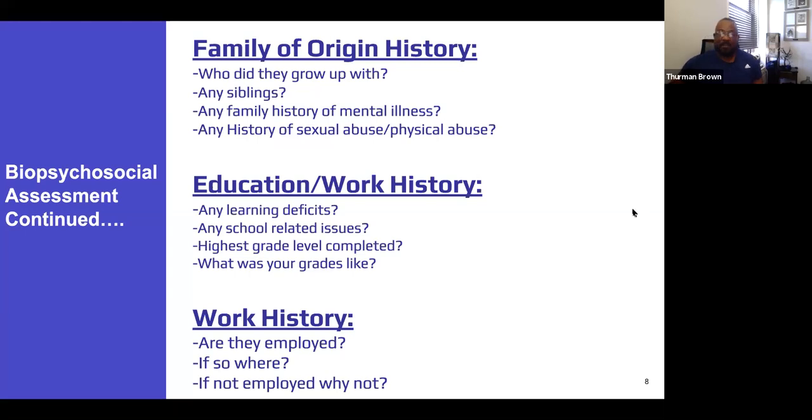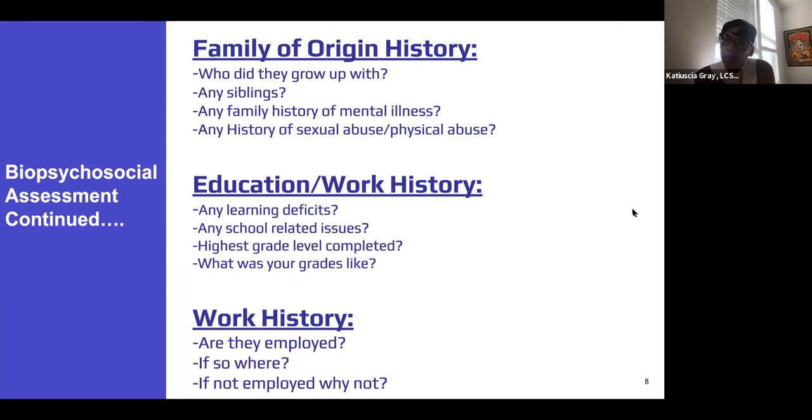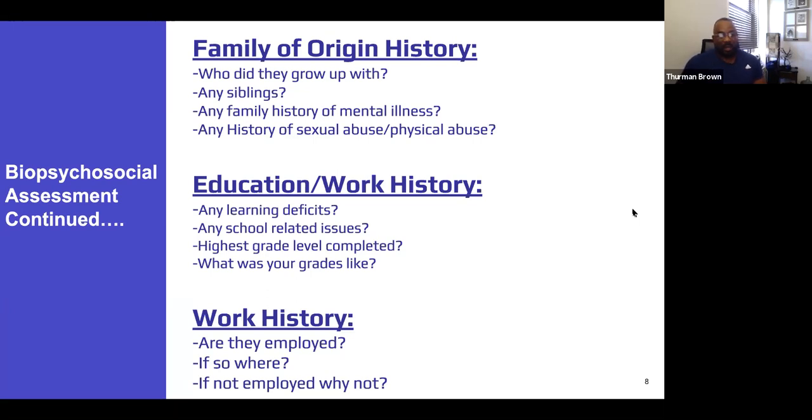The psychosocial evaluation at this juncture, is it advisable to get that deep into it? I look at the biopsychosocial as an accumulation of things. A lot of the information that I'm going to pull to populate the biopsychosocial is from the screening and the intake. So I'm going to have a wealth of information there.